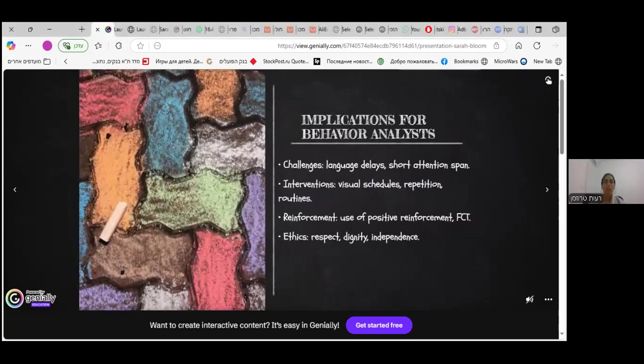When working with individuals with Down syndrome, behavior analysts may face some specific challenges. These include language delays, difficulty with transitions, and short attention spans. Effective intervention may include functional behavior assessment to identify the function of the challenging behavior, transition warnings and timers, giving advance notice before change to reduce resistance, use of visual supports, visual cues, and schedules to promote predictability and reduce anxiety,